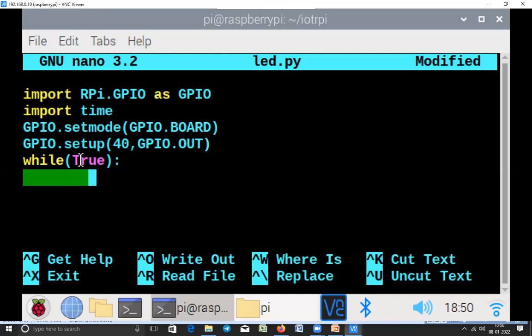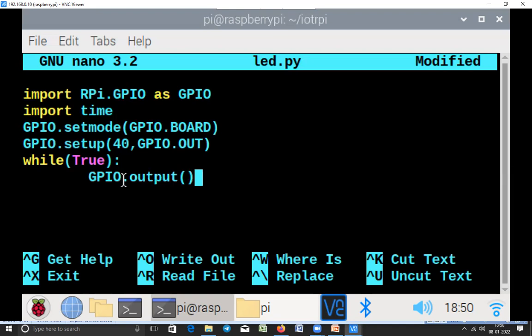Now we want to produce 3.3 volts to turn on LED. So to produce 3.3 volts, we have to write signal. There is a method in this GPIO library called output.